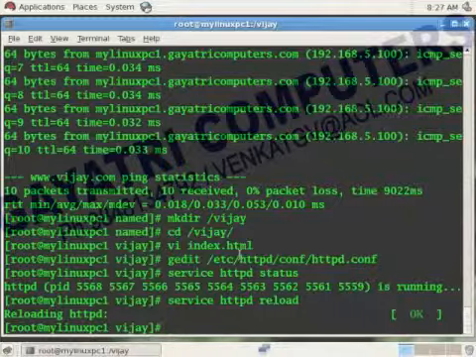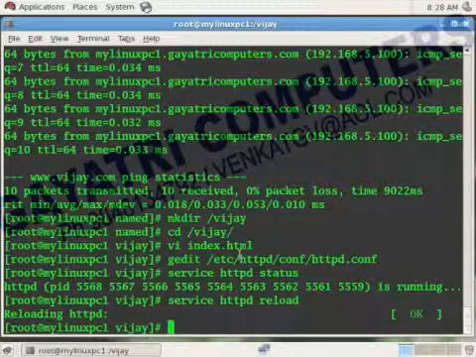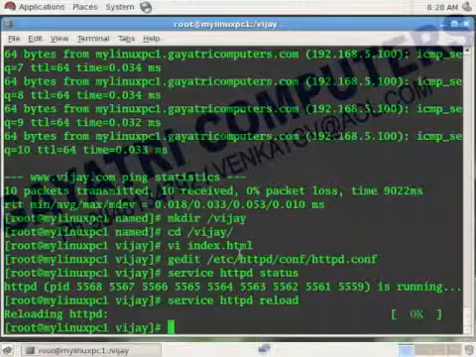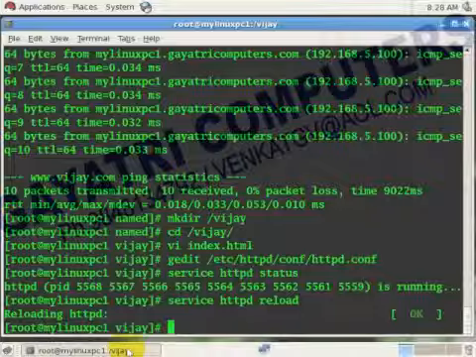Server name Vijay.com. That indicates that if you ping Vijay.com, it goes to which IP address? 192.168.5.10 only. So 5.10 is mapped to the same server. Sir, multiple websites with only one